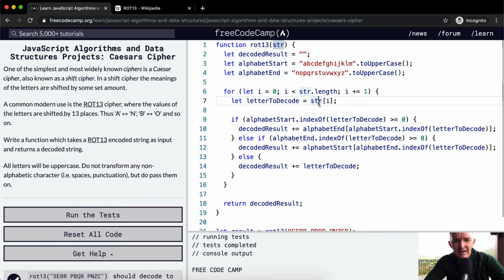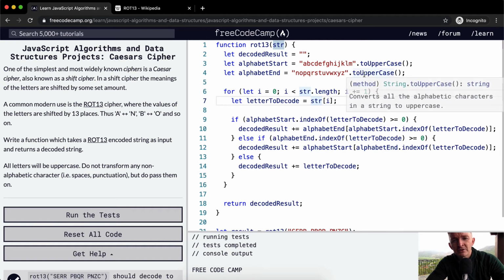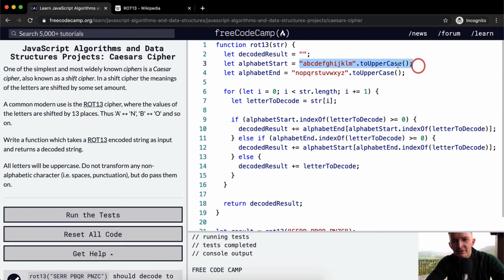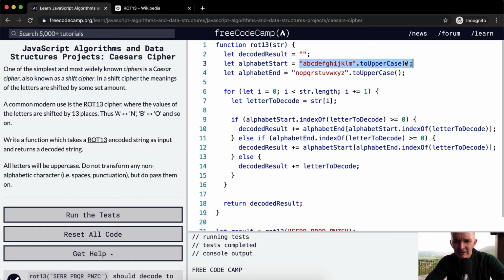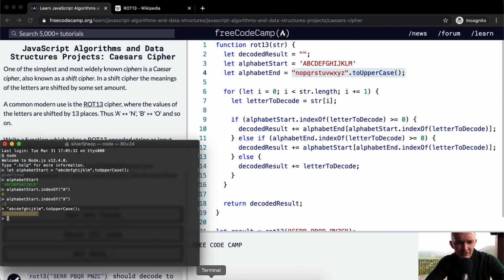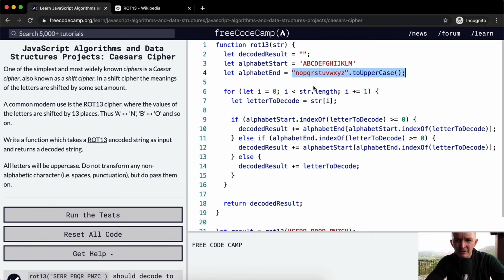Instead of making these all uppercase strings here, you could throw this into your node and then just run it and then save this. I think that this actually looks cleaner, because then people can just see, oh, that's just a string. Inside of node, I can just run this. All I'm doing is getting the capital letters. You could type them all in as well if you wanted to. And so this would get us the same thing. I think that this is a